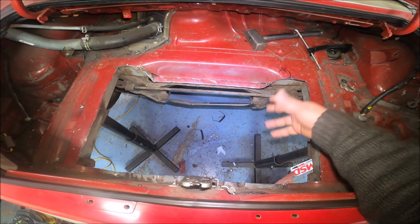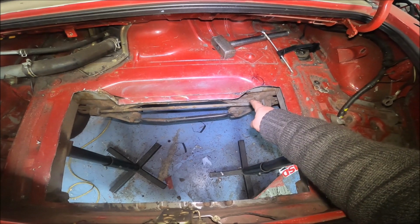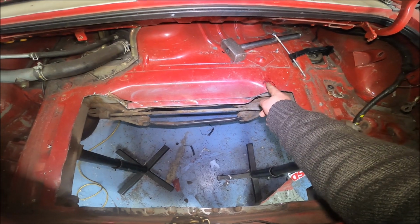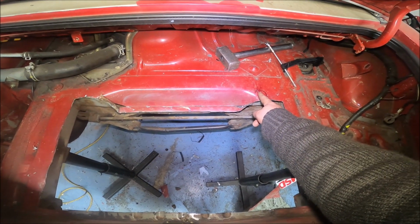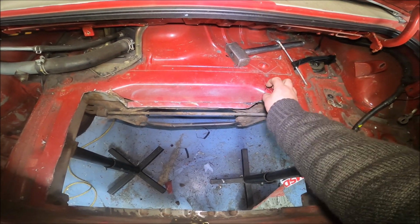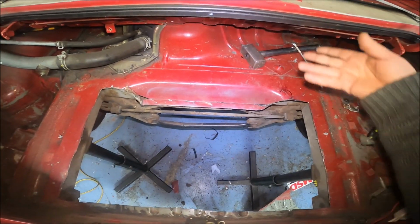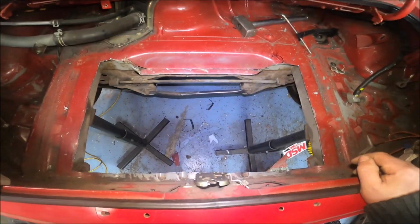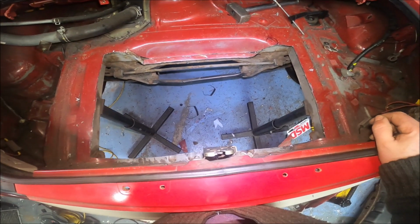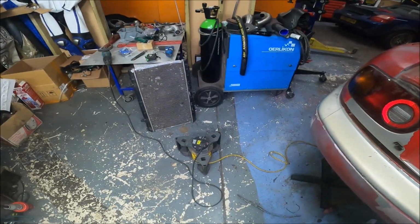The one issue, it's not an issue, is the standard inlet or outlet, whichever way you want to call it, is there, and I can't cut there because again that's part of the chassis. But because it's an alloy one we're going to fit rather than the standard one, Thomas can just blank off the original and put the port 2 inches further along, which gives the clearance. So not a problem. So yeah, big hole in the floor. Obviously I need to tidy it up before it gets used, but it's perfect for the SR20 rad. So when that turns up,